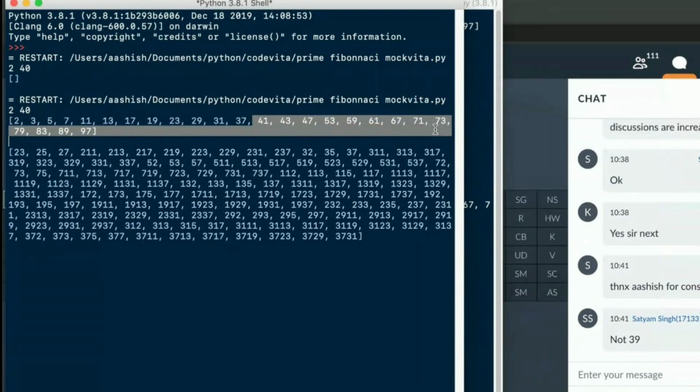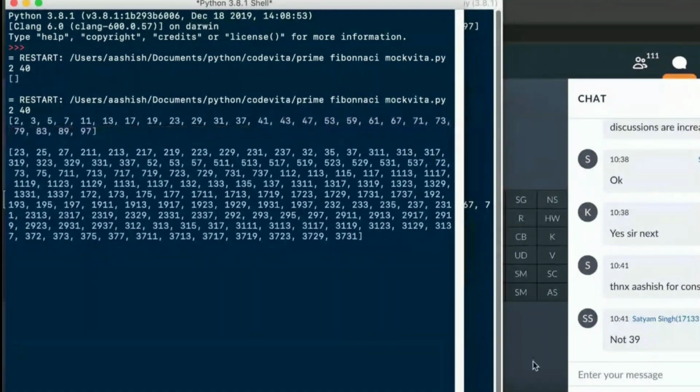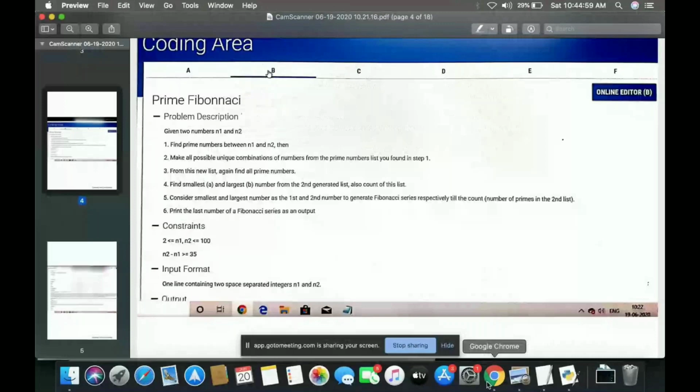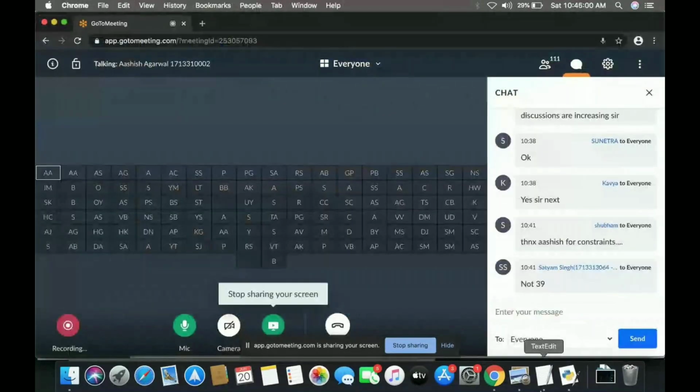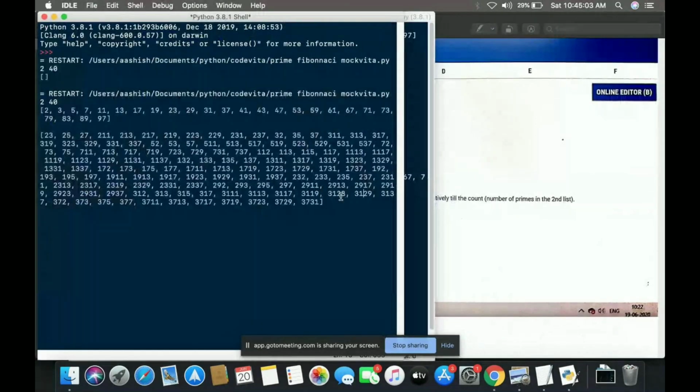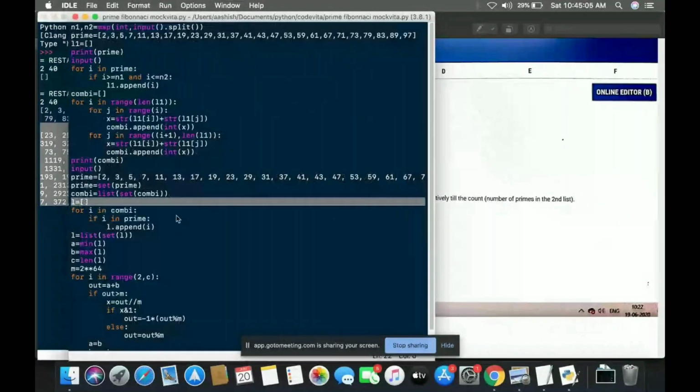Now I'll move on to the next part: from the new list, again find all the prime numbers.